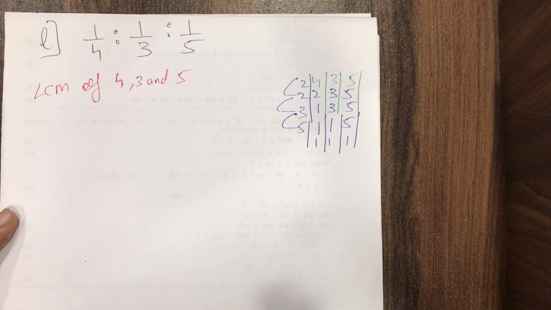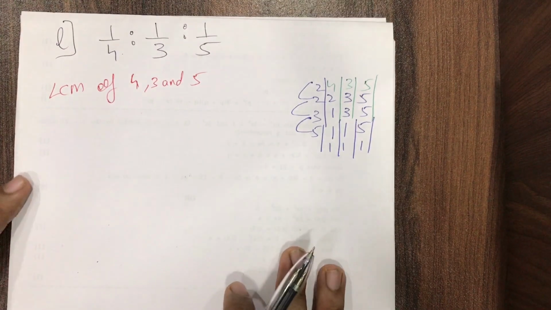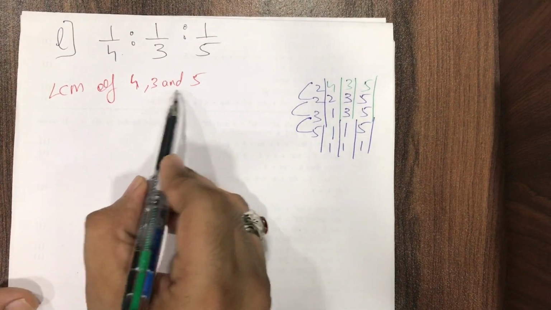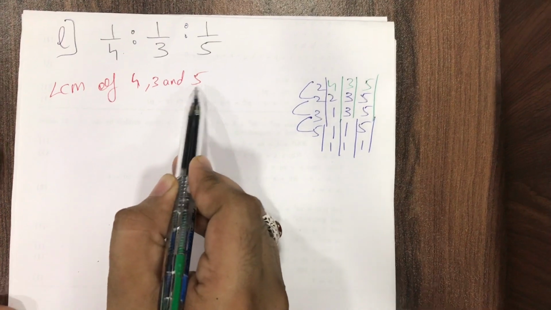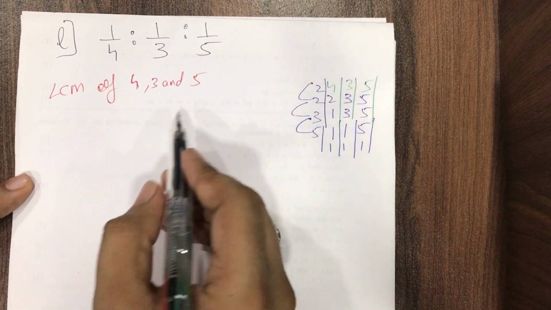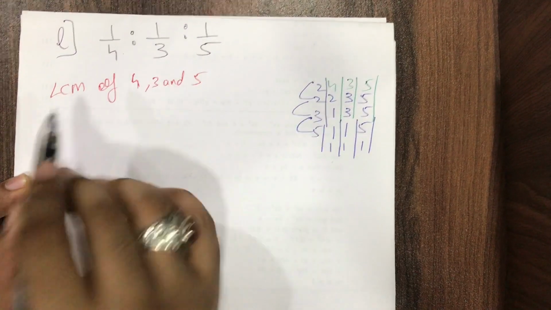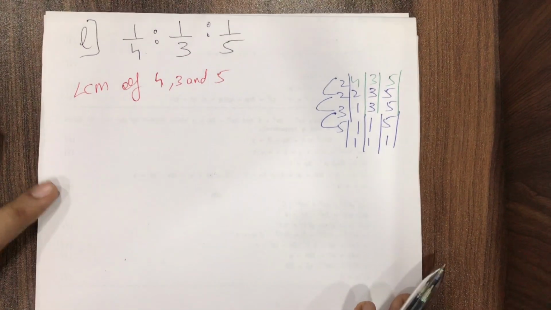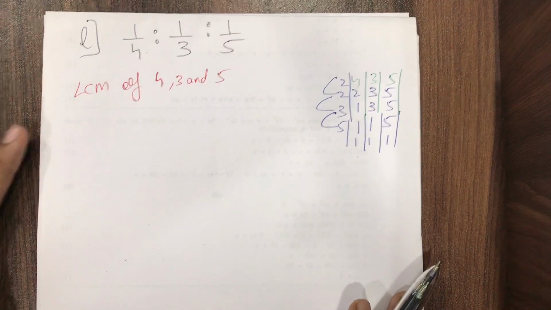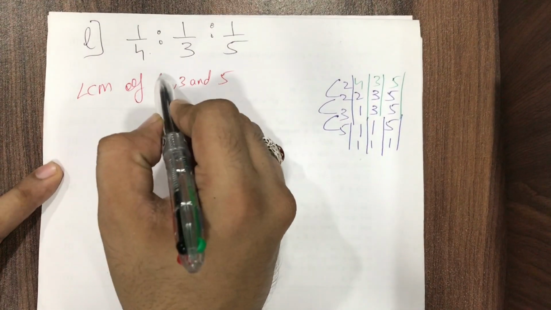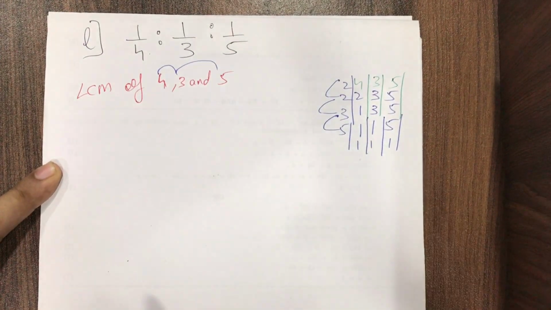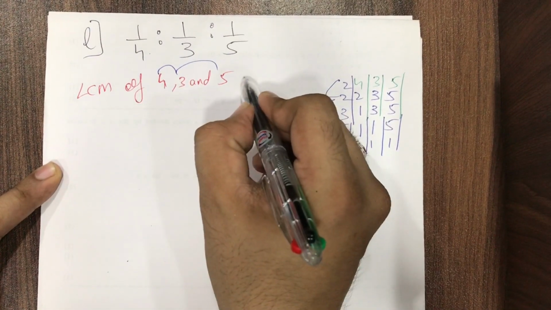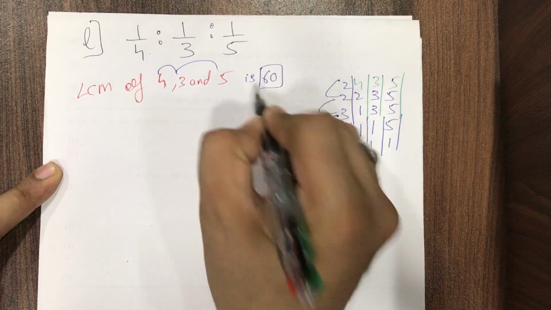And listen here, please. You understood this? Now listen here. Whenever we have such numbers where nothing is common between them, the LCM is very simple. Just multiply them. Only when we have nothing common. Understand this. Then only you use my shortcuts. Don't misuse them. So 4 3s is 12 and 12 5s is 60. It's the same. The LCM of 4, 3 and 5 is 60.